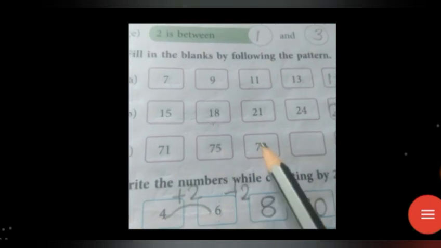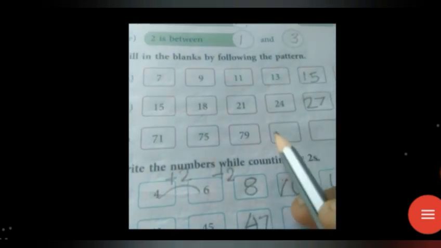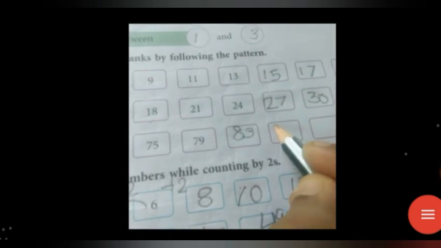അപ്പോൾ 4 നമ്മളിവിടെ ഓരോ നമ്പറിൻ്റെയും കൂടെ ആഡ് ചെയ്യേണ്ടത്. So 75 plus 4: 76, 77, 78, 79. So that is 4 is added. Then 79 plus 4: 79, 80, 81, 82, 83. So here which number? 83. Understand?